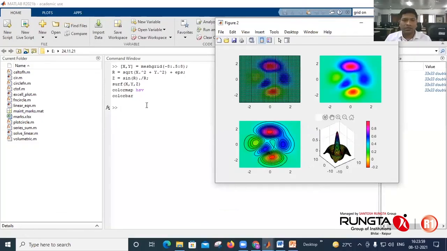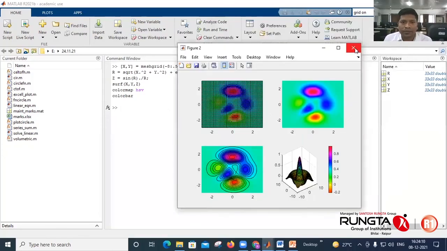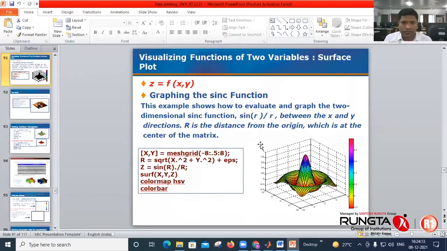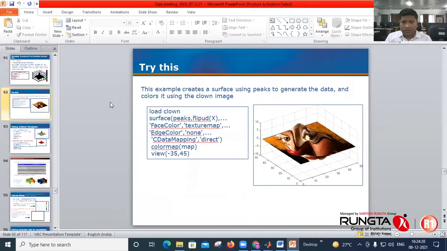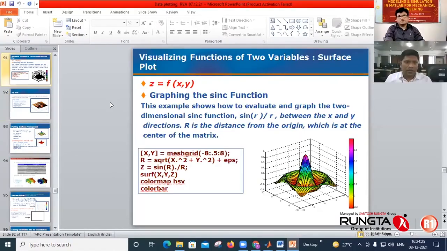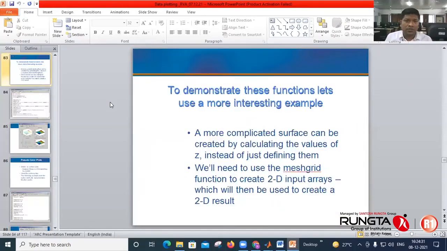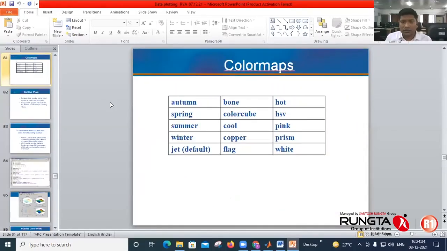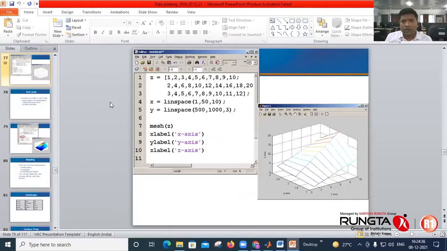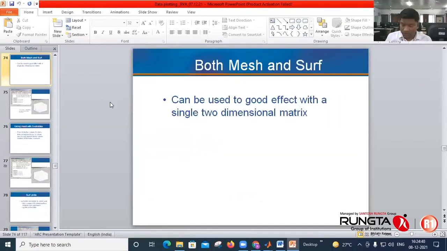Again, as I have not taken a new figure, in the previous plot it generated the surface with color bar. Again, there are various functions you can try. So these are the three-dimensional options, three-dimensional surfaces, which you can create to demonstrate or to put your result with the help of surface plot, mesh plot, or contour plots.